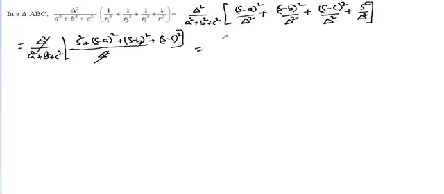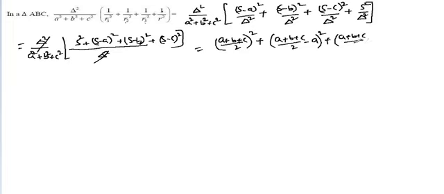S square is written as a plus b plus c by 2 whole square, s minus a whole square, that is a plus b plus c by 2 minus a whole square, s minus b whole square, that is a plus b plus c by 2 minus b whole square, plus a plus b plus c by 2 minus c whole square, whole by